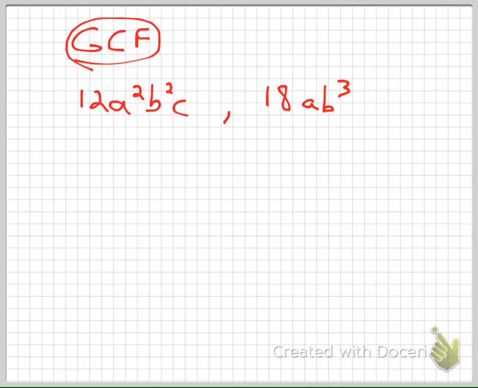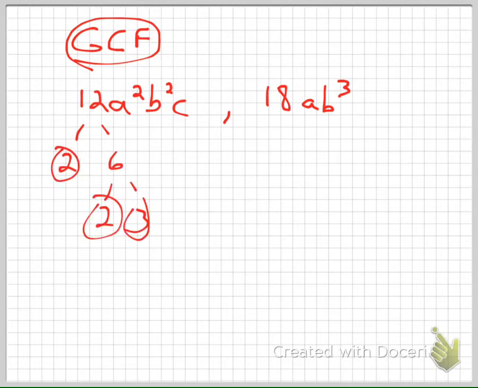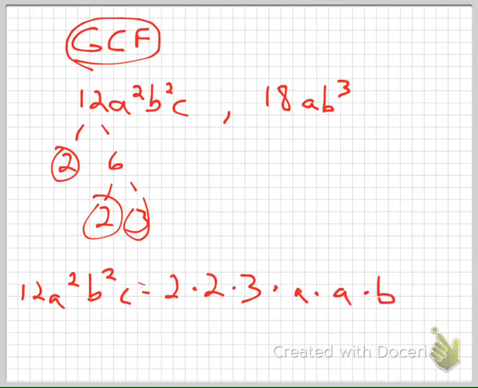What are the factors of 12? What are the prime factors of 12? How do I do that again? Do you remember? We go 12, we go, what is it? 2 and 6. That's prime. 6 is 2 and 3. Right, so then the prime factorization for 12a squared b squared c is 2 times 3 times what? A times B times